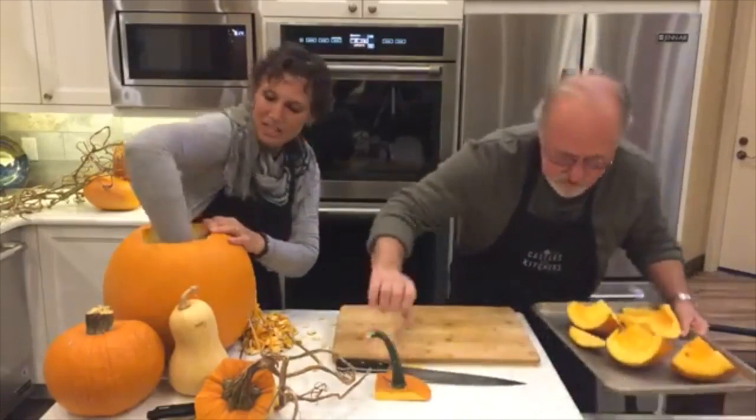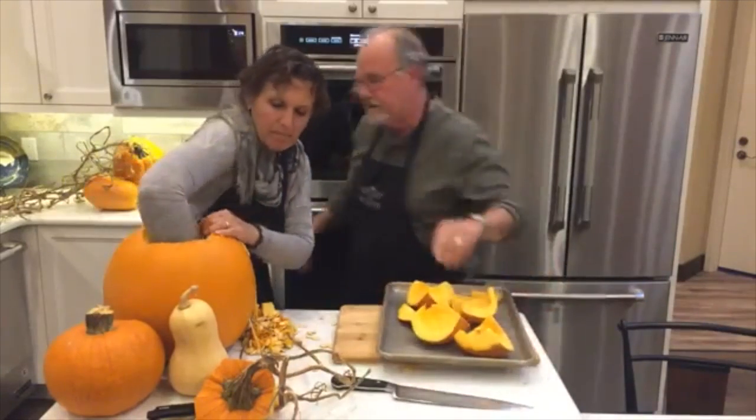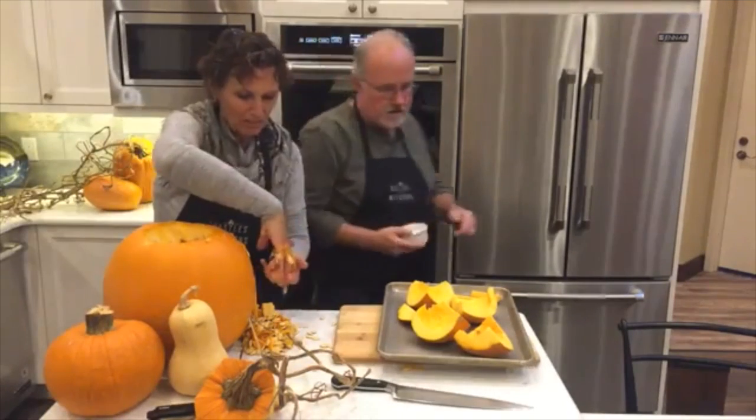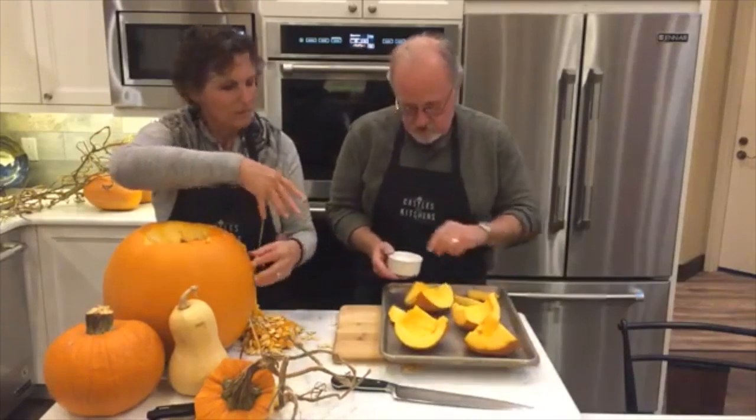Okay, so into the oven that goes. But first, I need that kosher salt. Boom, right here. You know, you don't have to use real candles anymore in these. Now they have the nice battery candles. So you're not pre-roasting your...